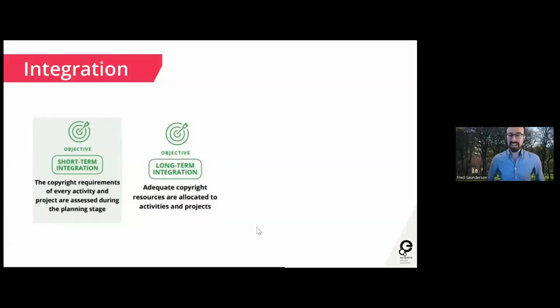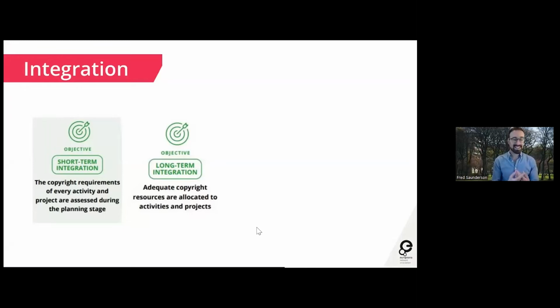So before I go on to talk about the next section, I just wanted to recap there. That's the structure that we've got in the copyright management guidelines. It's a 9-page document, so it goes into some detail about each of these objectives, following the structure I showed you on the earlier slide, that horizontal structure where we recommend the steps to take and who to inform to reach each of these objectives.